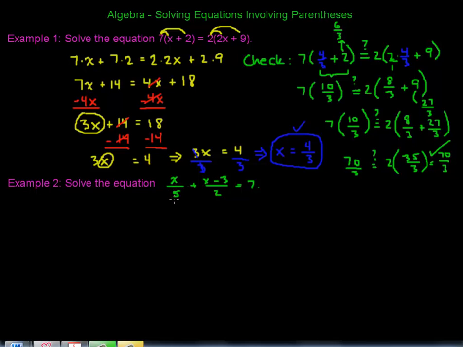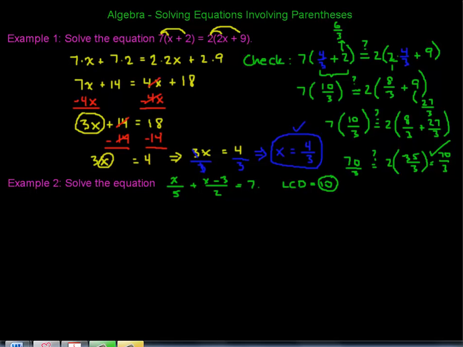Okay, in this case, we want to find the common denominator. Because we have two fractions with different denominators, we need to find a common denominator. So you might notice that the least common multiple, or the least common denominator, between 5 and 2 is equal to 10. That's going to be an important piece of information to hold on to. So we're going to rewrite this entire expression,